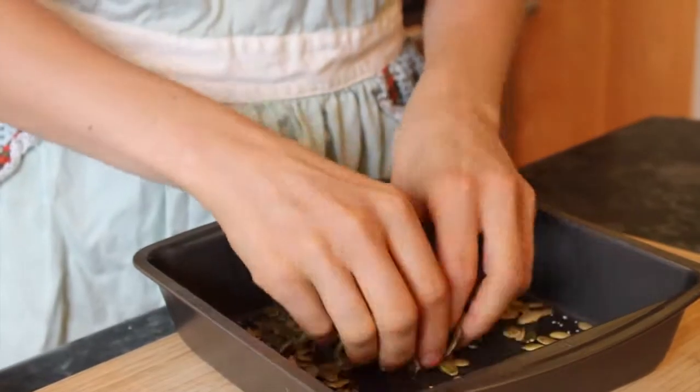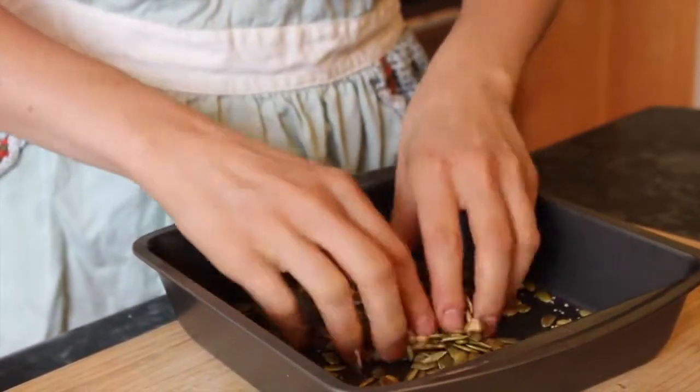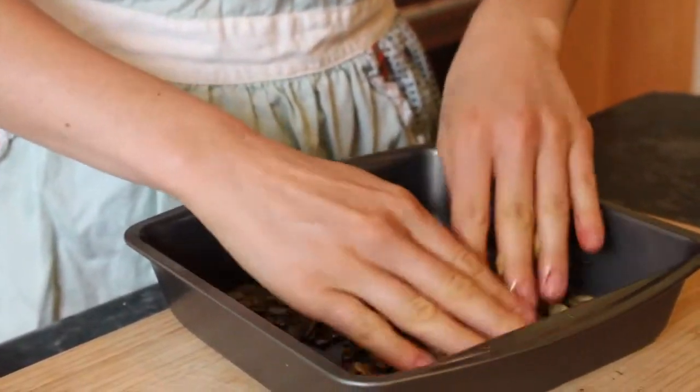I like it spicy, so. Now we're just gonna do the same. Toss it together. Pumpkin seeds burn really easily, so we really want to keep an eye on them. We probably just want them in there for 3 to 5 minutes, depending on how hot your oven is. And since we're roasting our asparagus at 375 degrees, I'm just gonna throw them on the top rack in there